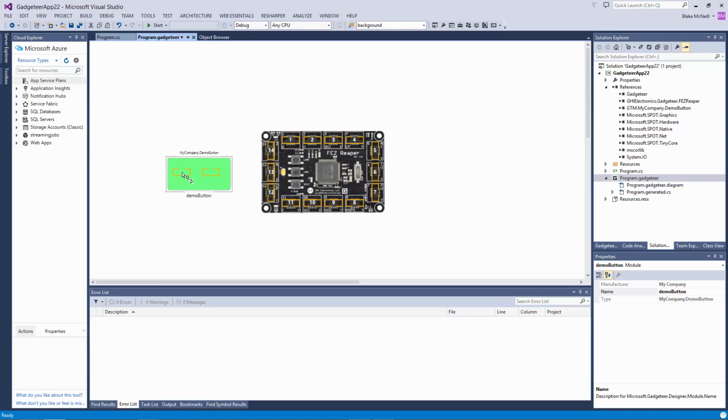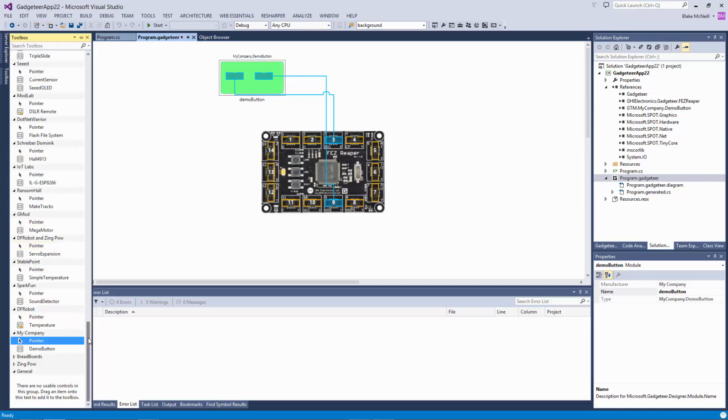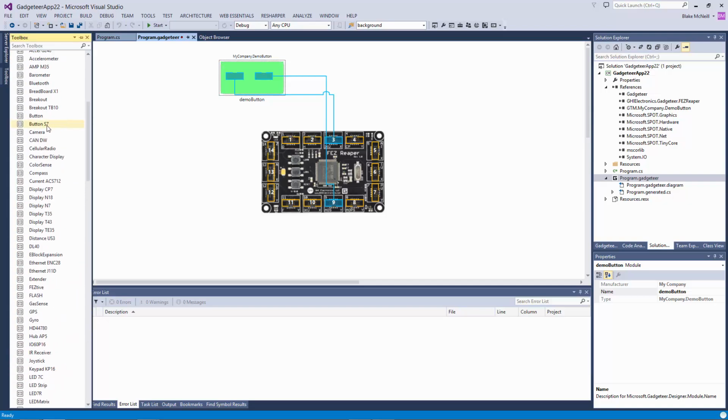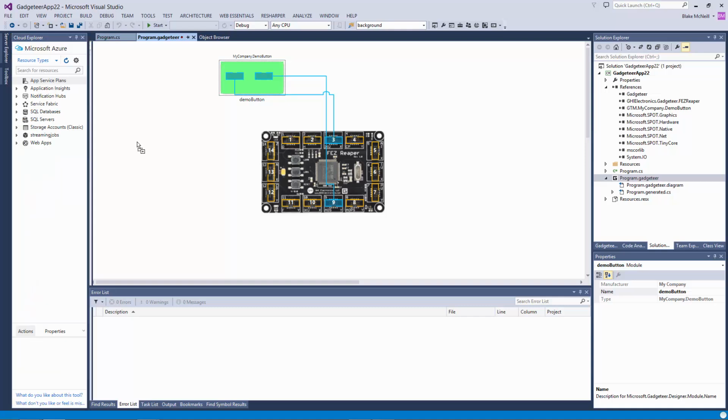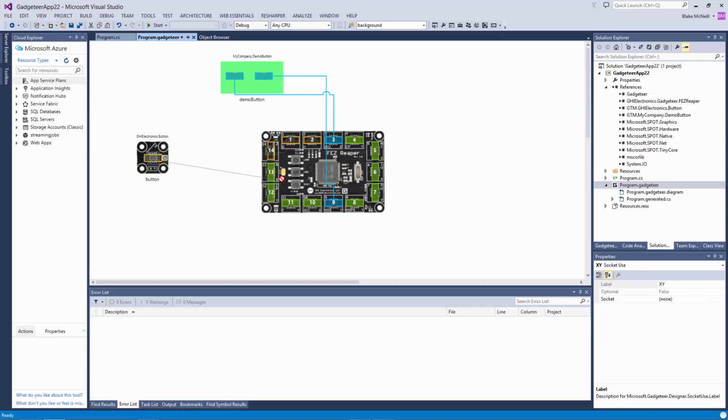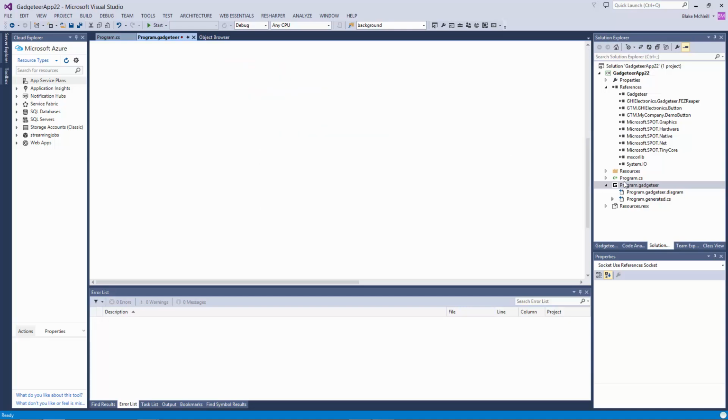Here's the two sockets that were put on there from the XML file. If we click on it, it'll show us all the sockets we can connect to. And then, just for fun, we'll pick a real button so you can see what it would look like if we actually had a nice image and cleaned it up. And so there's our module in the designer. Then if we go into the code,